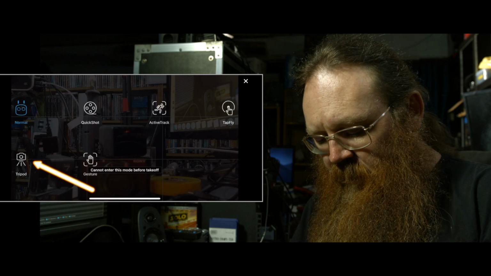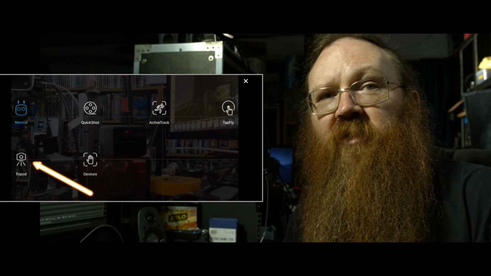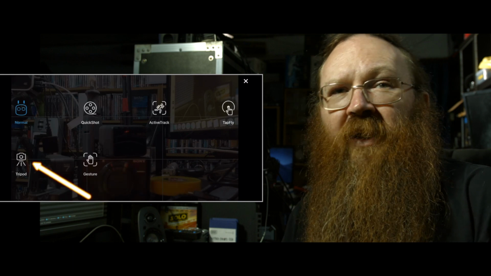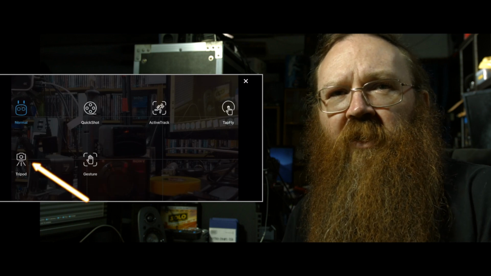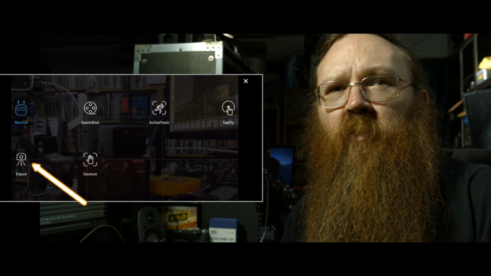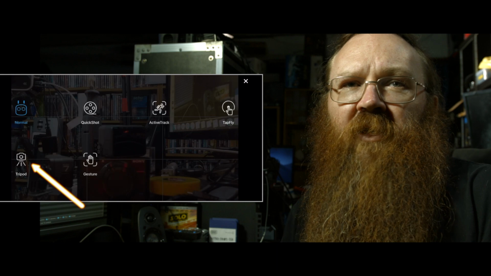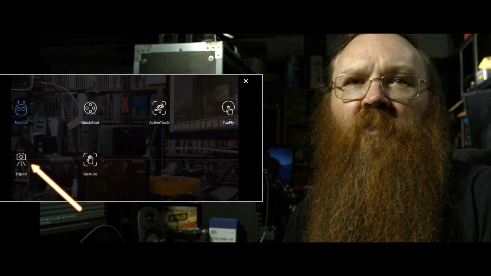Tripod mode is a great one. This is the one you want to have a look at if you're really wanting to get some really smooth stuff going when you're indoors. It slows all the speed and everything of the Spark down to about 1/10 of its normal speed, and increases the stability of the drone a hell of a lot. So it's like a tripod or a dolly mode or something like that,